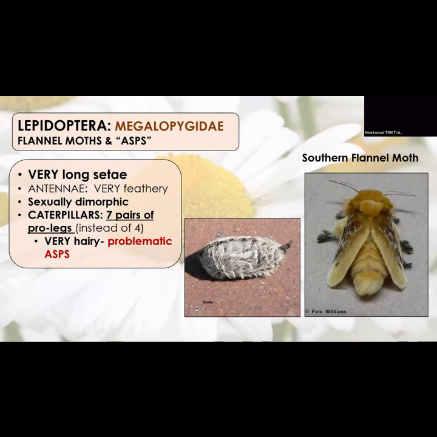Lately, I think the Houston Chronicle did a quick little story about woolly bears that are out, because there's a lot of hairy caterpillars that even I noticed. I was like, there's a lot more this year. If you can see parts of the body in the hairs, you're usually good. But for me, my rule of thumb is if it's a little hairy caterpillar, I'm not going to directly touch it because I don't know what I'm allergic to or not. So those are asps, and they're very, very fuzzy adults. There are only a few species in this family.